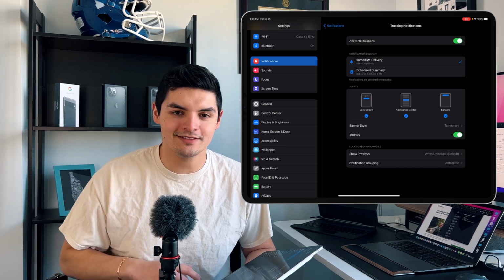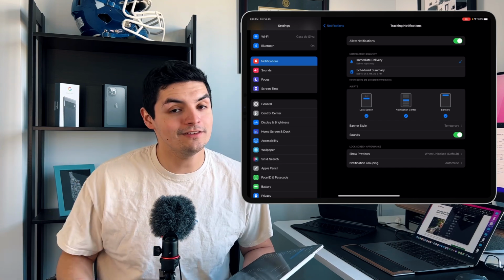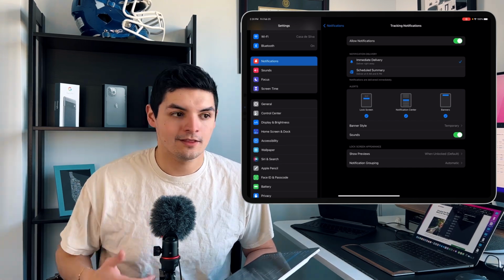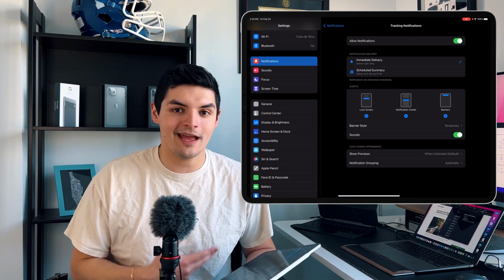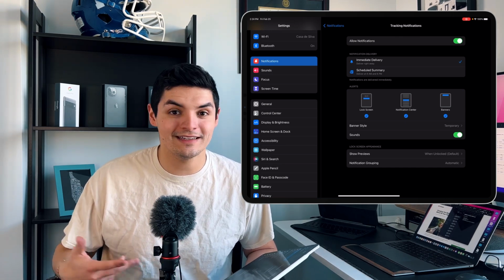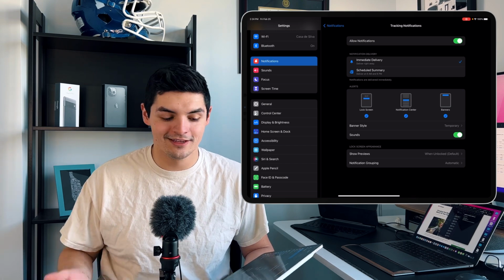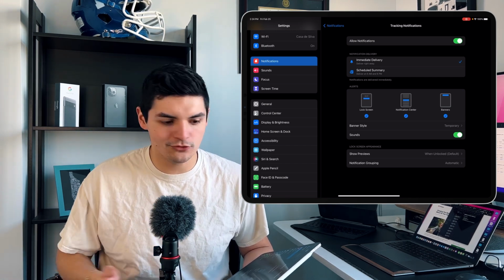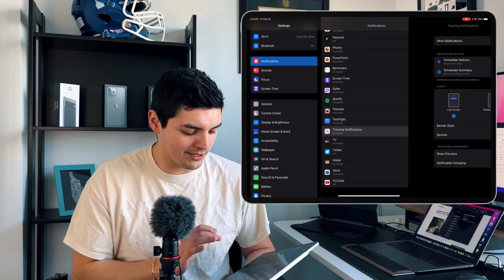So if Apple senses that there's an AirTag around you that isn't yours and it's been around you for at least 30 minutes, it's gonna prompt you and say, hey, there's an AirTag around you that isn't tied to your Apple ID. Are you sure it's yours, or are you sure it isn't yours? And then it'll let you know where it is so you can discard of that AirTag. So having that there from Apple's side is great to see, and it's there by default,